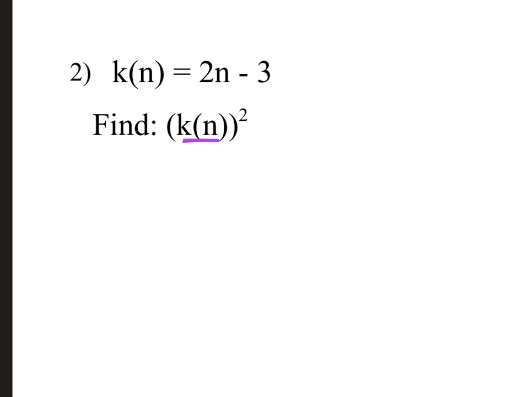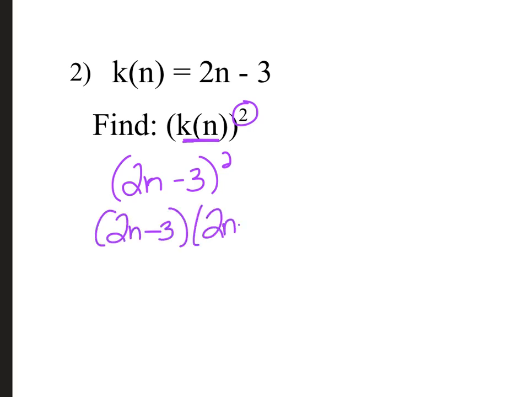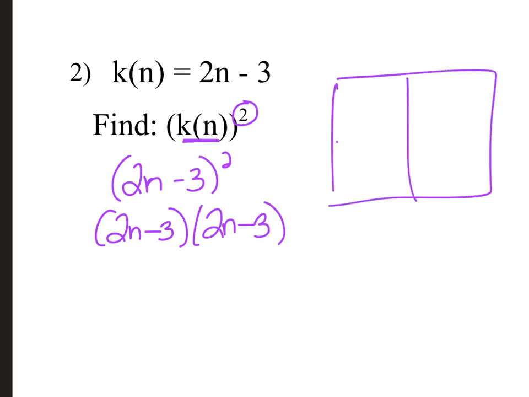All right, so this one is saying k of n squared. Okay, so in order to do k of n squared, I have to do 2n minus 3, squared. So when I square something, we did that before, it's 2n minus 3 times 2n minus 3. So it's basically the same exact thing that we just did on the last one, but it's just another way of asking the question. So again, I'm going to use the tabular method, and that's the way I'm always going to use,